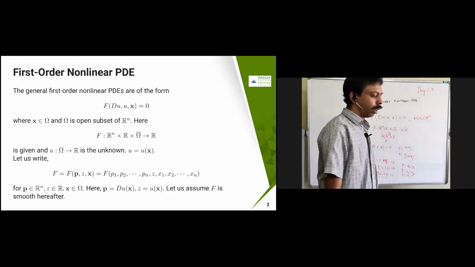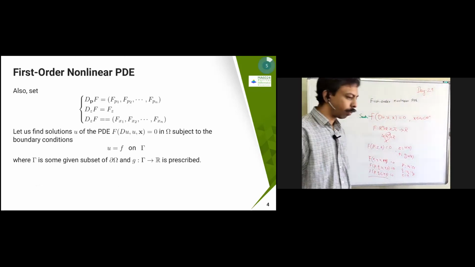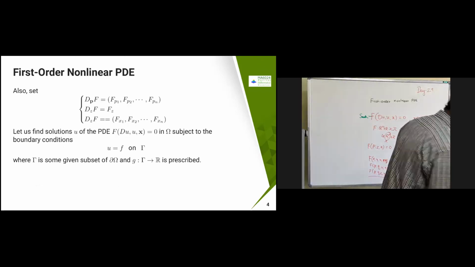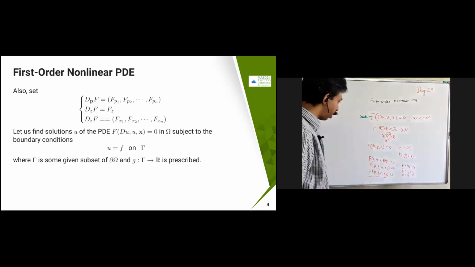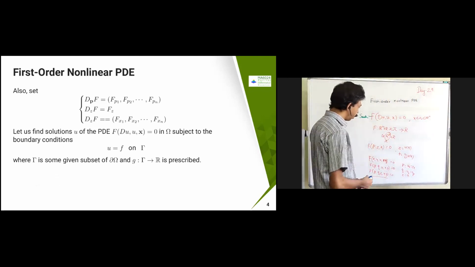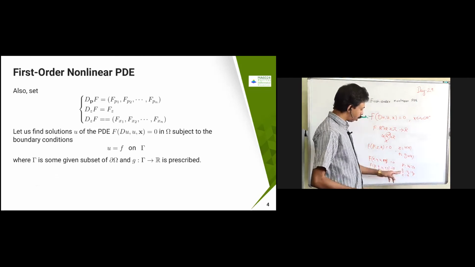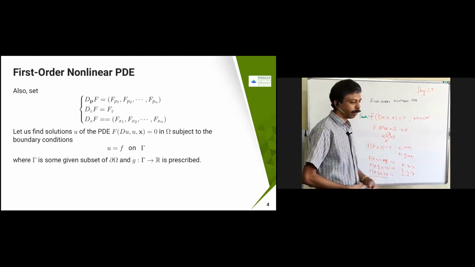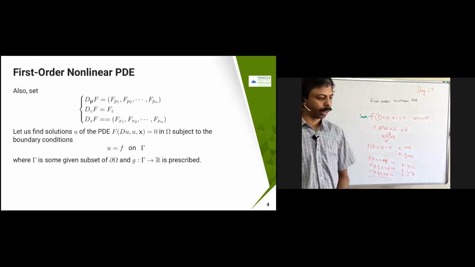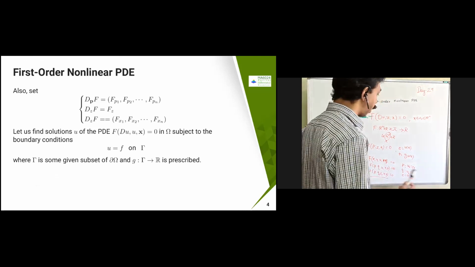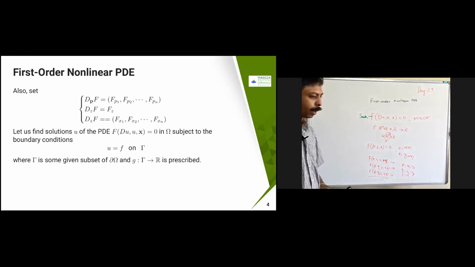Then we are going to define something similar to what I have explained. So P and Q I have mentioned. Instead of that, we are mentioning Dp of f. Dp of f is nothing but f of p1, f of p2, etc. f of pn is going to be coming.